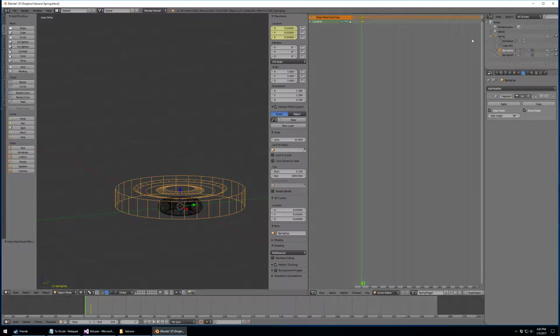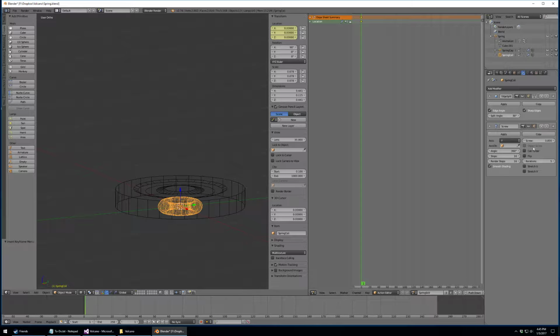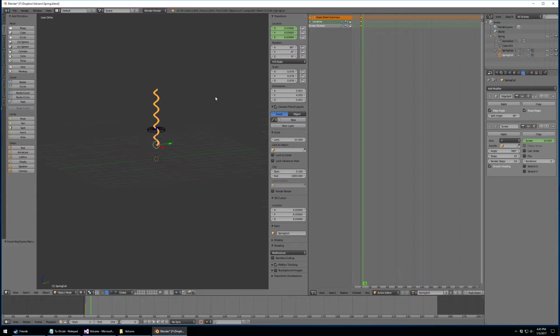Now similarly, I'm going to go back to the first frame. I'm going to click on the spring coil. I'm going to keyframe the screw value. So keyframe the screw value. Now when I go to the 5th frame, I notice that the coil has raised itself in the air. Well, I can change this coil to, let's say, 10, and it's actually quite large, maybe something like that. And I keyframe this,